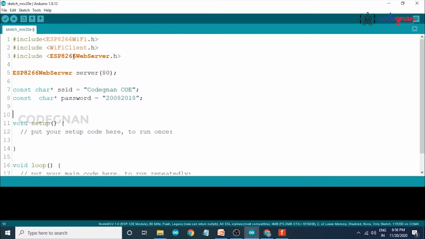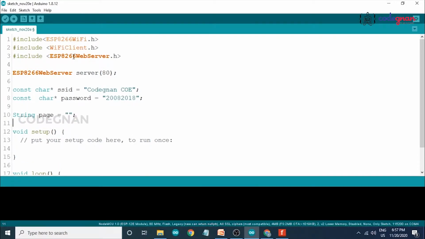And now we have to give String, S in capital letter, String page equals to. These are all declarations which we are going to use in our program, so we have to initialize them as global variables.